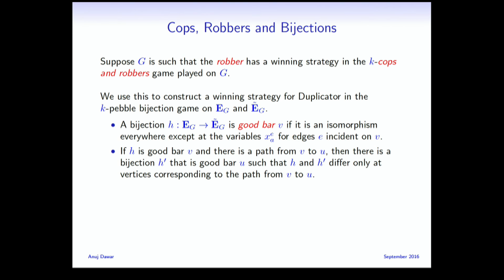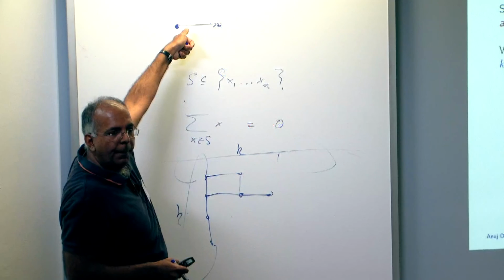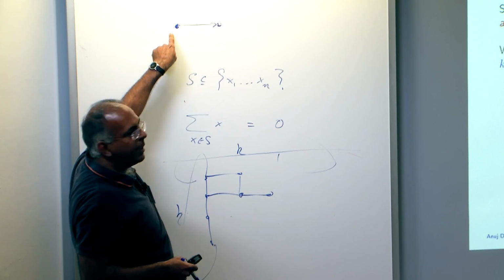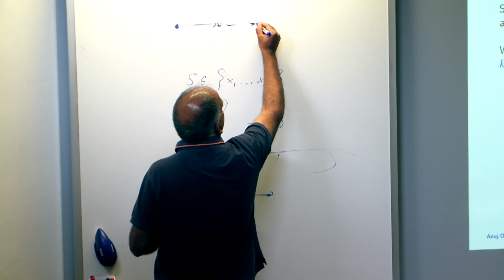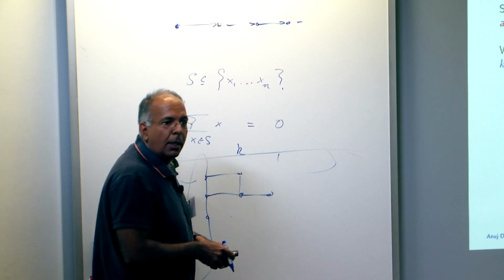If the inconsistency in the equations is at a certain vertex, and you have an edge, for the two variables that correspond to this edge, you interchange the 0 and the 1. That makes it consistent over here and inconsistent over here. And you can repeat this process along any path, right?